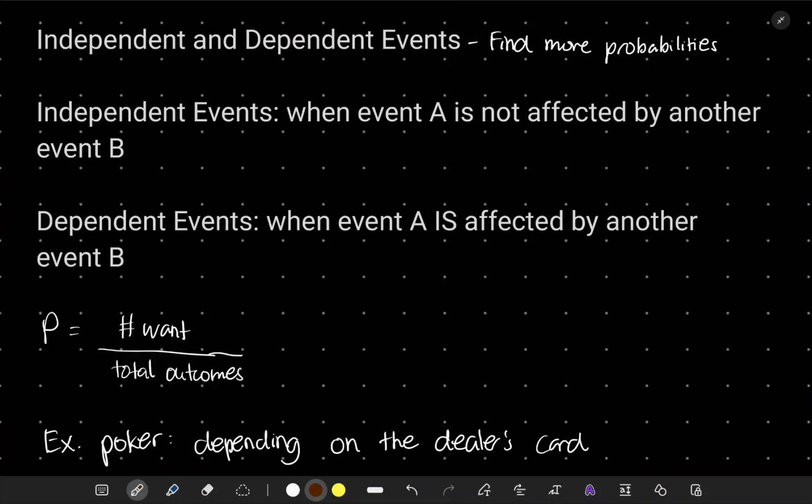So let's talk about what independent and dependent are. Independent events is when event A is not affected by another event B. And a dependent event is when event A is affected by event B. So let's come up with an example for both. So for independent,